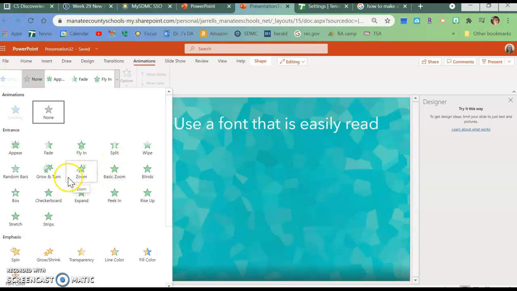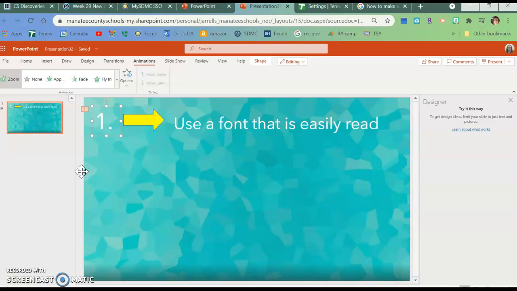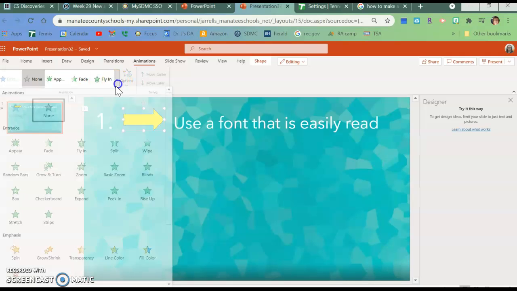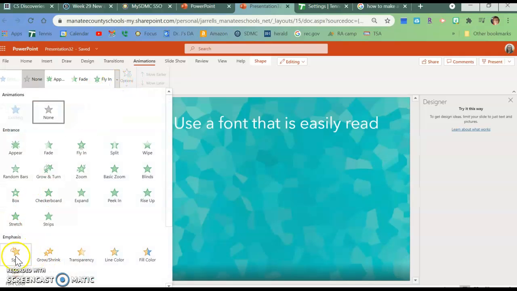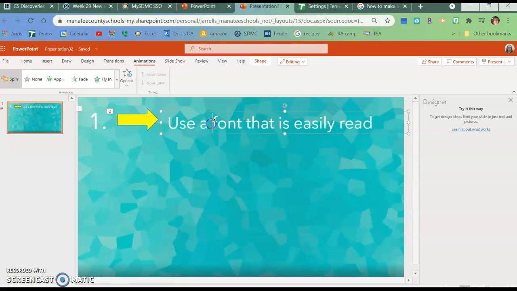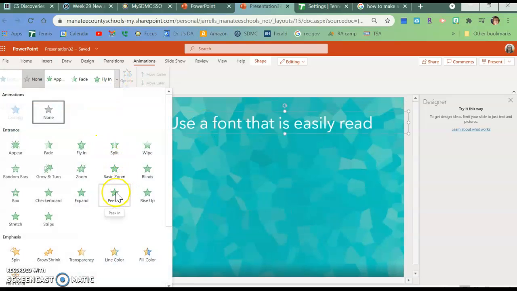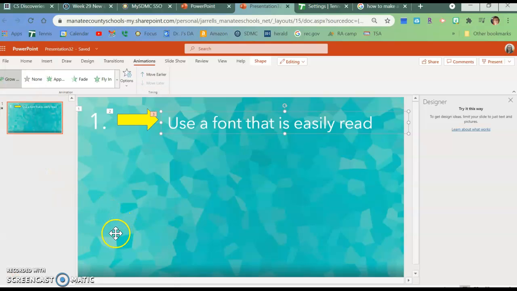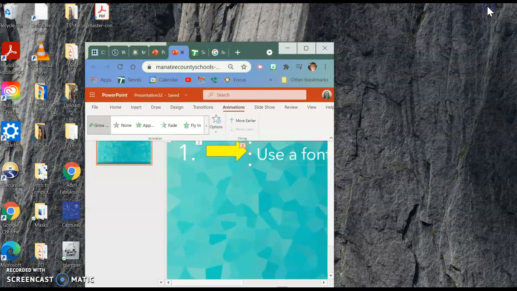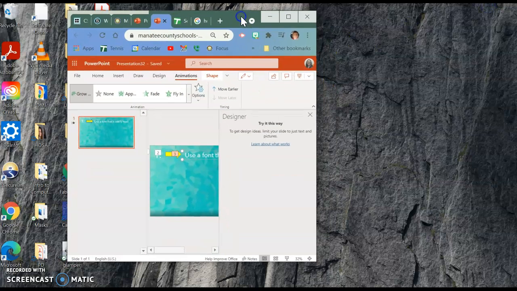That's why I'm not telling you exactly what you have to do, but I just selected one, and then I'm going to do the same thing here. I'm going to select something different, and then I'm going to do the same thing for this one. So now to see how it looks or how it works,